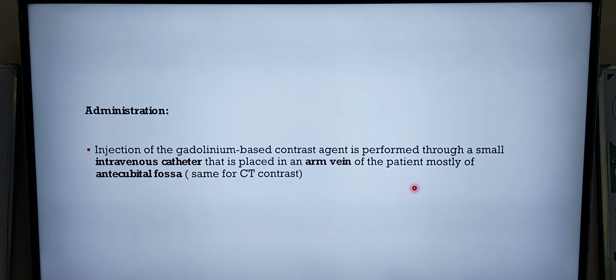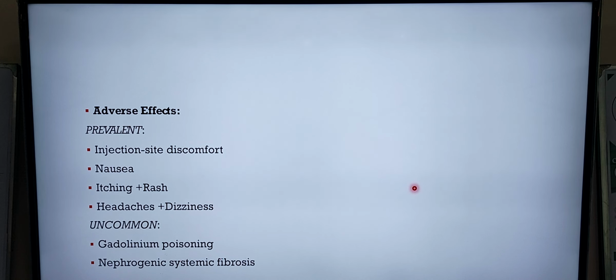A gadolinium injection is administered through a small intravenous catheter that is placed in the arm vein, most probably the veins of the antecubital fossa, and it is the same for CT contrast. Prevalent adverse effects are injection site discomfort, nausea, itching, rash, headaches, and dizziness, and uncommon side effects are gadolinium poisoning